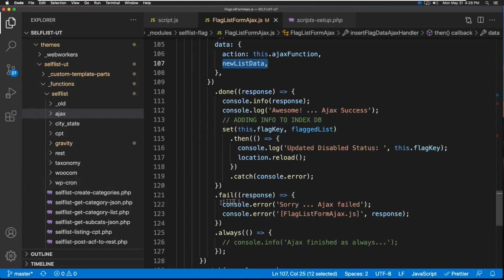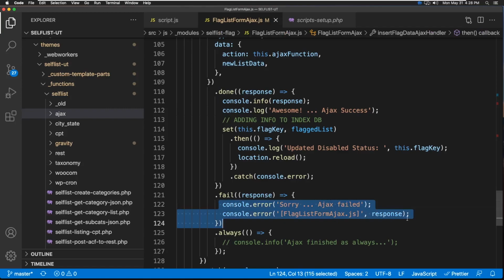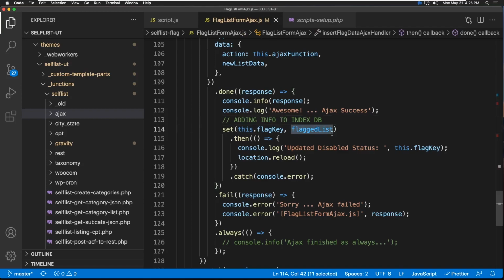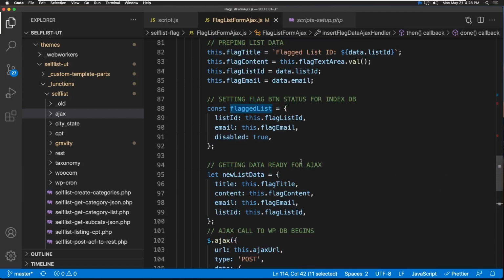If it fails, we're console logging this error message. But if it is successful, then we are using the set function for the IndexedDB, because at this point, once we know that Ajax is successful, now we're going to go ahead and update this variable to the IndexedDB, which comes from right here,